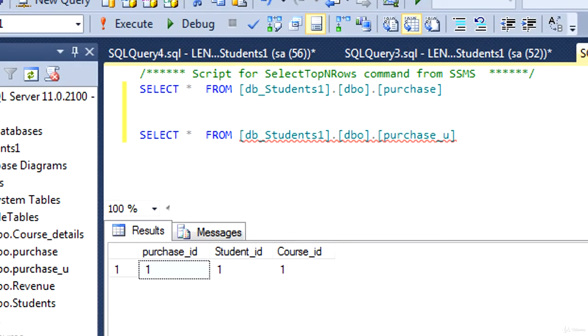In the previous video, we saw how to create a table with a primary key as well as with a unique key. So we created a table purchase by using primary key and we inserted some records. Similarly, we created purchase_u, and that time we used unique instead of primary key. And we said both will work the same. That means if you mention one column as primary key or unique key, it won't allow you to insert a duplicate